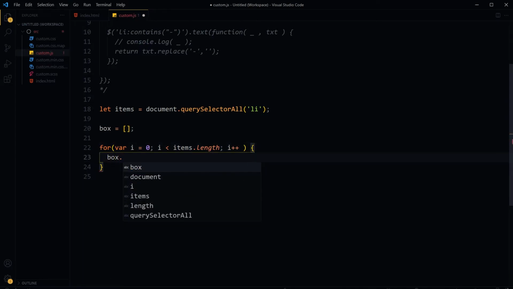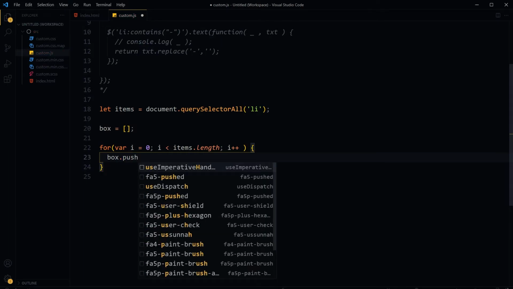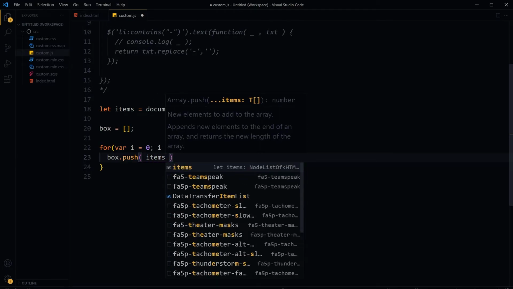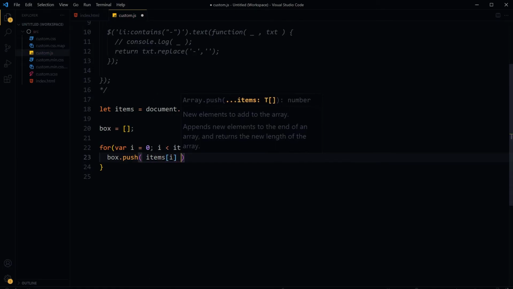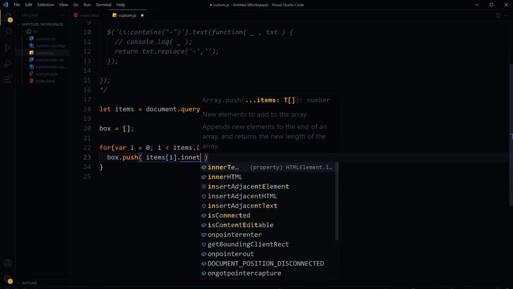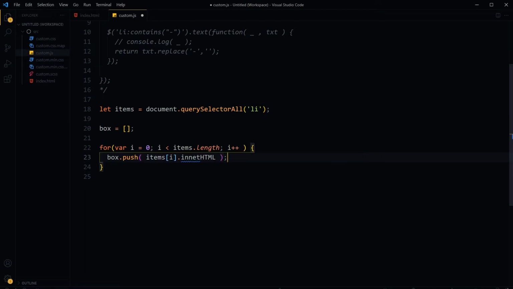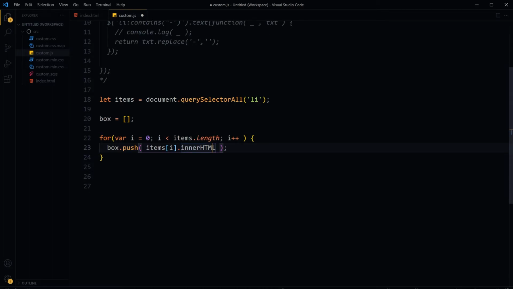Box dot push items i dot innerHTML. We are storing values from the list in this array. Let's see how it looks like.